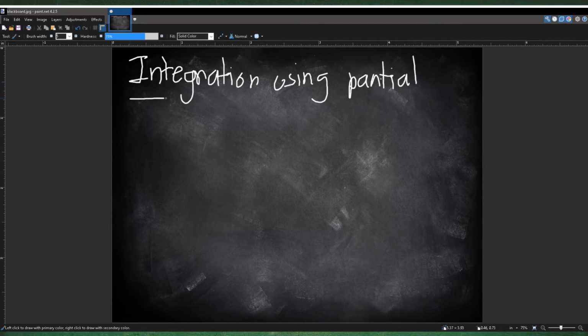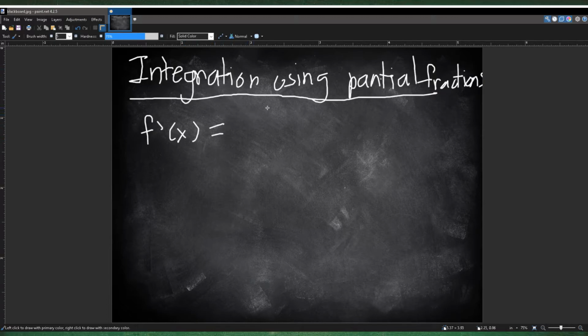Using partial fractions. Kind of running out of space. Okay. In this example, it's really easy to use. Let's say you have f of x is equal to x divided by x squared minus 5x plus 6, right? So basically, instead of using substitution and everything,